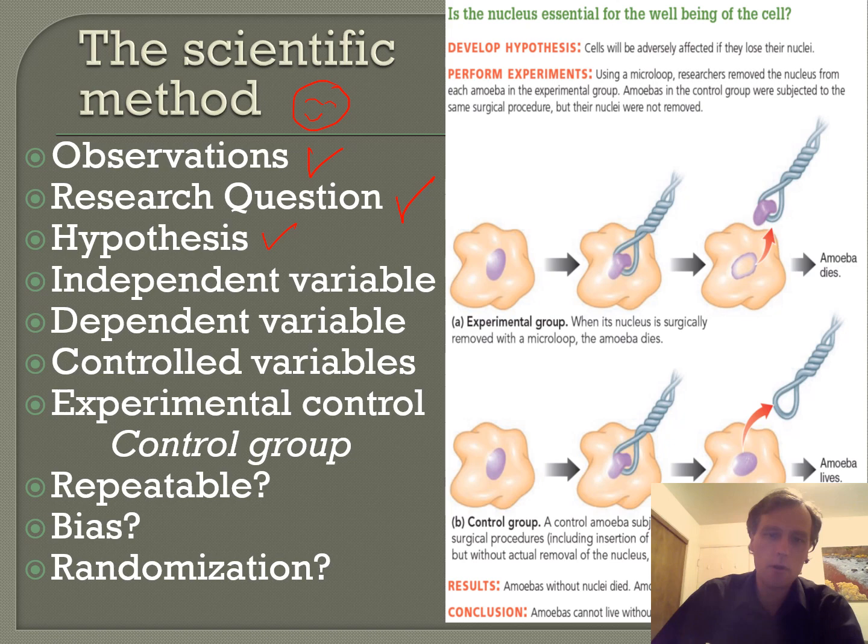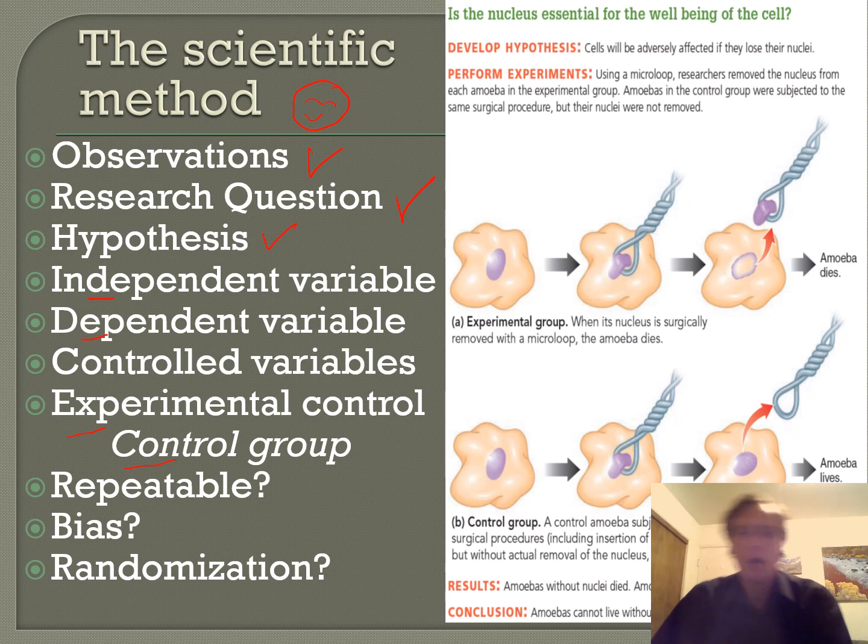Independent variable and dependent variable. Speaking of hypotheses, a hypothesis basically is how does some independent variable affect a dependent variable. We'll look at quite a few examples momentarily. Then there are controlled variables as well, and that is basically everything else in the world that you try to keep the same. There's an experimental control group, sometimes also called the control group. So these two things are the same thing. I'll give examples, and it'll become clear what those are.